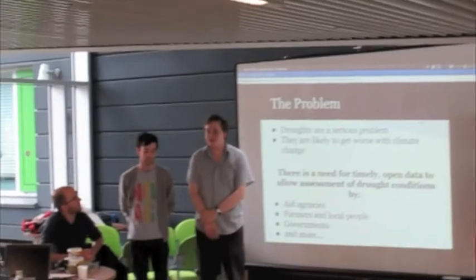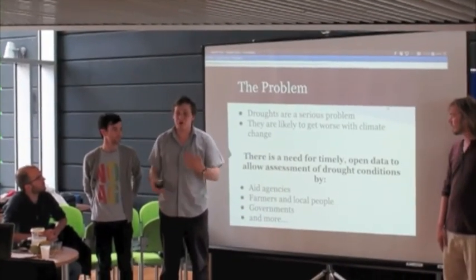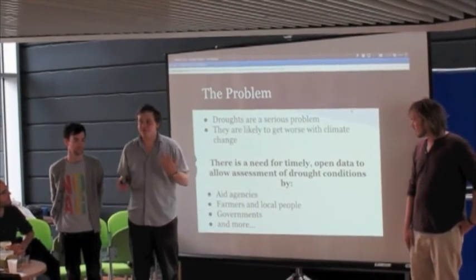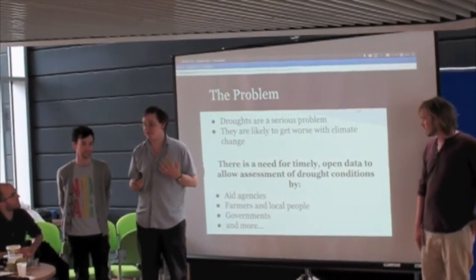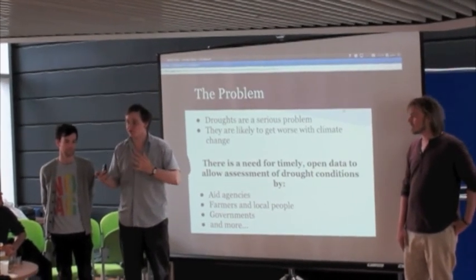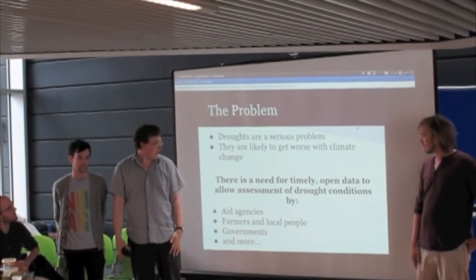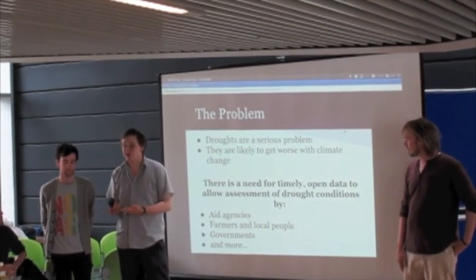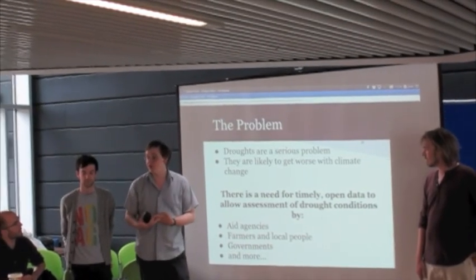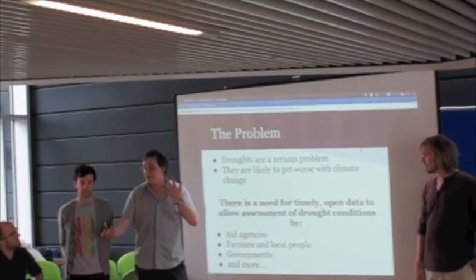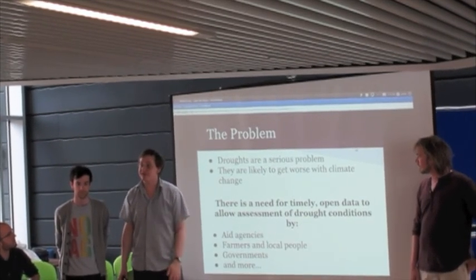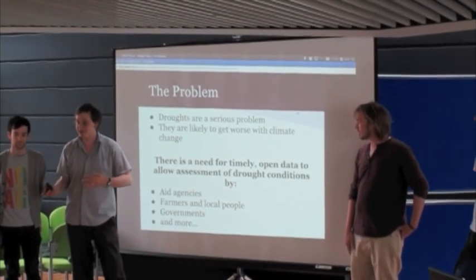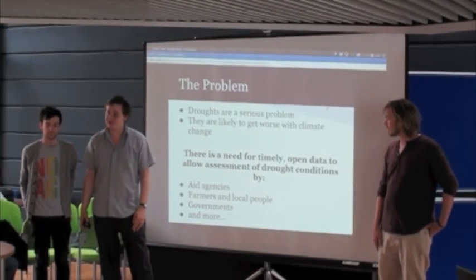Rainfall patterns, those likely get even more severe, particularly in parts of the world that maybe aren't used to having droughts or aren't really very prepared. So there's a real need to have some sort of timely, open way of getting data about exactly what's happening on the ground because of water shortages. And that sort of data is needed by a wide range of people, aid agencies, governments, local people like farmers. If they can look up and find out what's happened in the past, what might happen soon, what conditions are at the moment, they can more effectively decide how to manage their land, and governments can decide more effectively how to manage their policies and their money, and so can aid agencies. So it's a kind of useful thing to have this